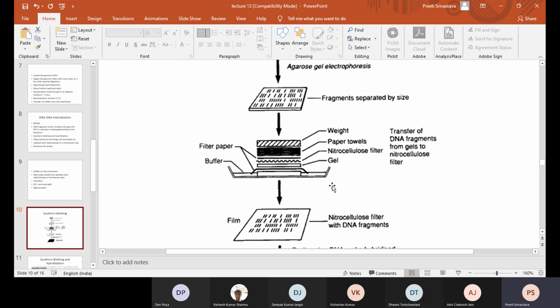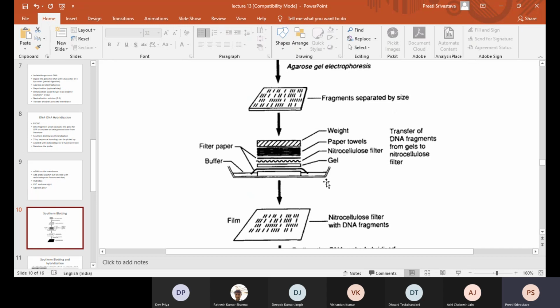You can use even the horizontal gel apparatus assembly as well. If you are using a glass tray, you need to put a hard slab, something onto which you can keep the gel. If you are using the horizontal gel running assembly, then you can use the gel assembly directly, right? Now what you do is that onto the gel assembly you place this paper. This is actually a filter paper.